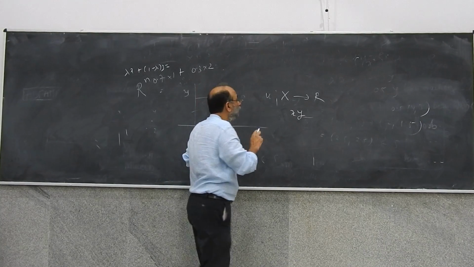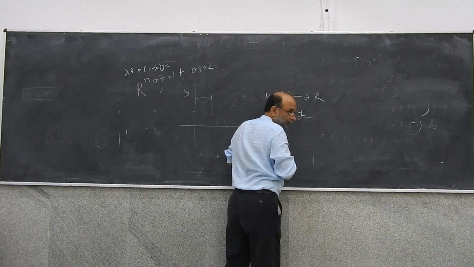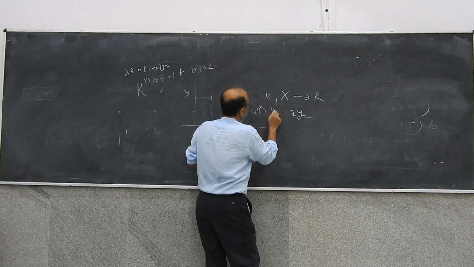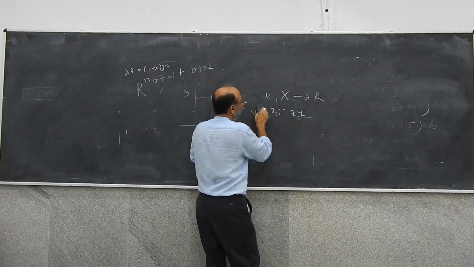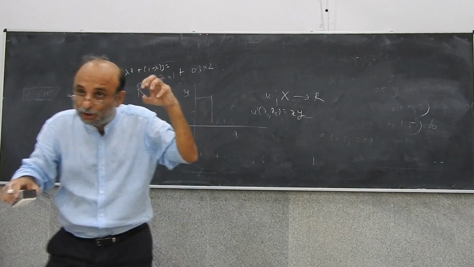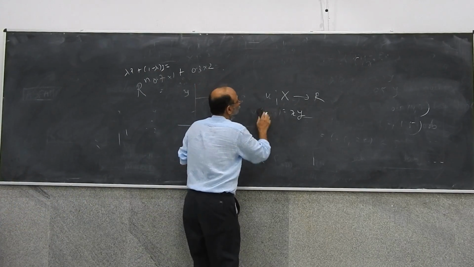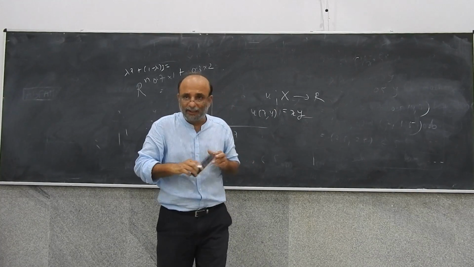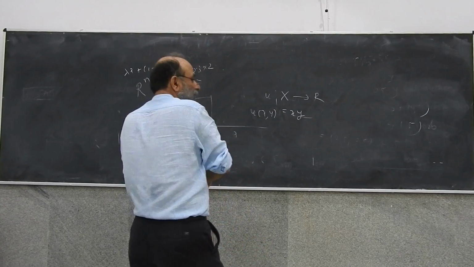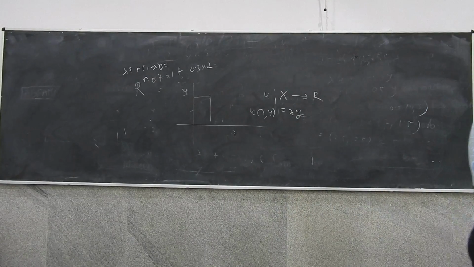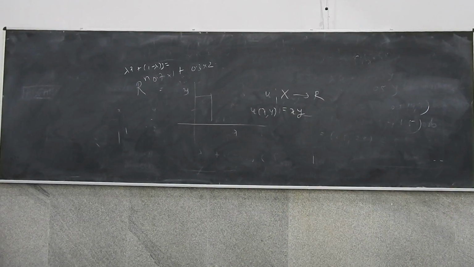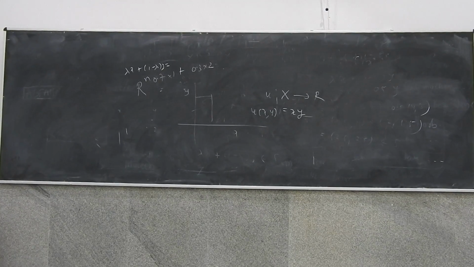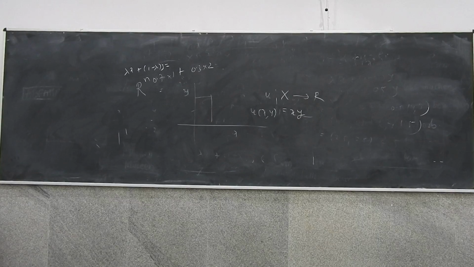Okay, so this is the function. What we'll write is u of x1, x2 is x times y. So u of x, y is x into y. If you consume 3 apples and 2 bananas, you get 6 utility. If you consume 5 apples and 20 bananas, you get 100 utility. That's the way we have conceptualized this function.